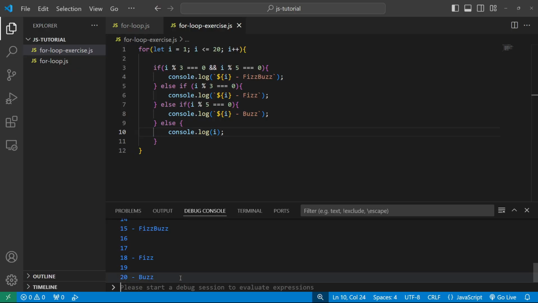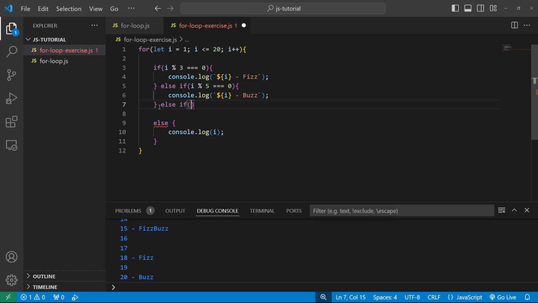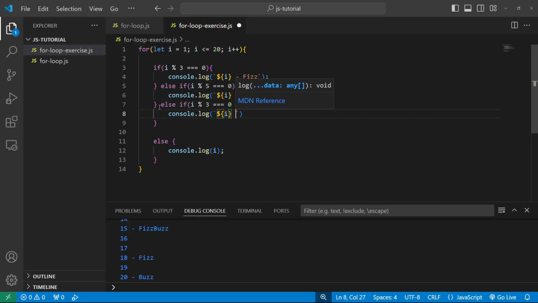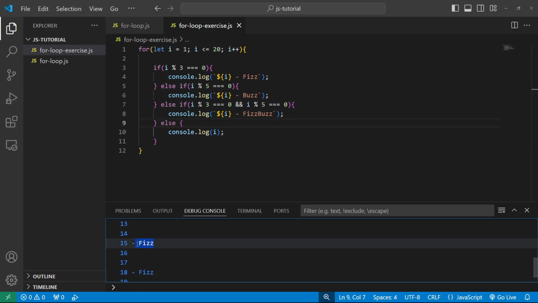A common mistake with this task is to do something like this. So let's check if the number is divisible by 3 first, and then check if the number is divisible by 3 and 5 at the end. And this is incorrect because Fizz will be printed for numbers like 15, which is divisible by both 3 and